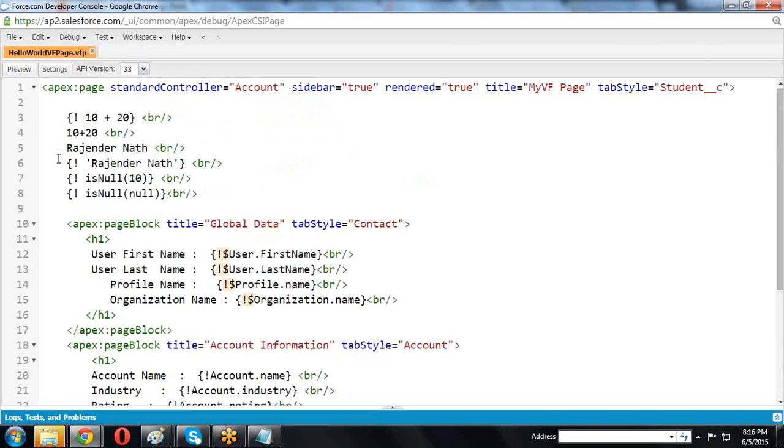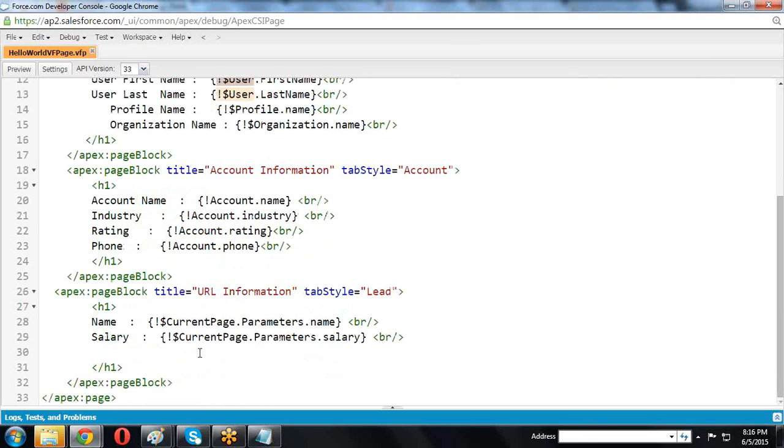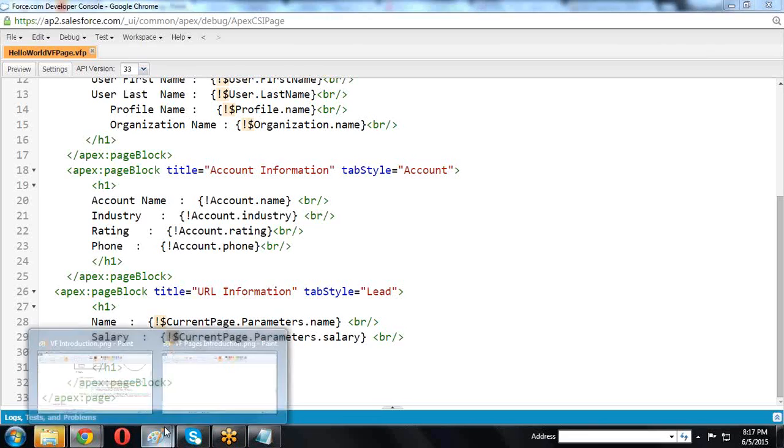So for normal functions, the exclamation symbol is sufficient. But whenever we are using global data, like organization information or profile, then we require the dollar symbol. Only by using the dollar symbol will it accept that data; otherwise it cannot accept that data.